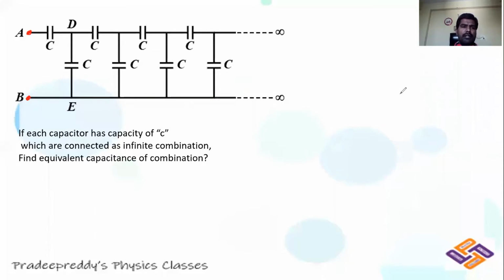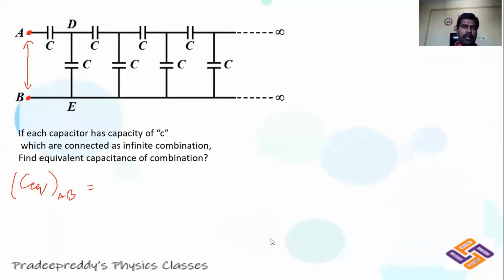You need to now find out the effective capacitance of the whole circuit in between A and B. You should find out C equivalent, in between A and B. This is the region where A and B is present. I want to now find out the effective capacitance of all these capacitors. As we know, in this case there are infinite number of capacitors. Definitely, when you connect two or more capacitors, you will get some equivalent capacitance, right?